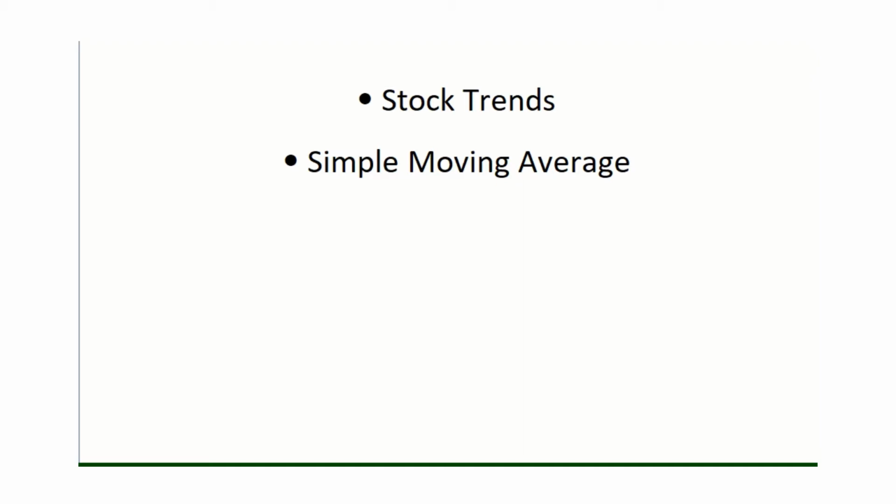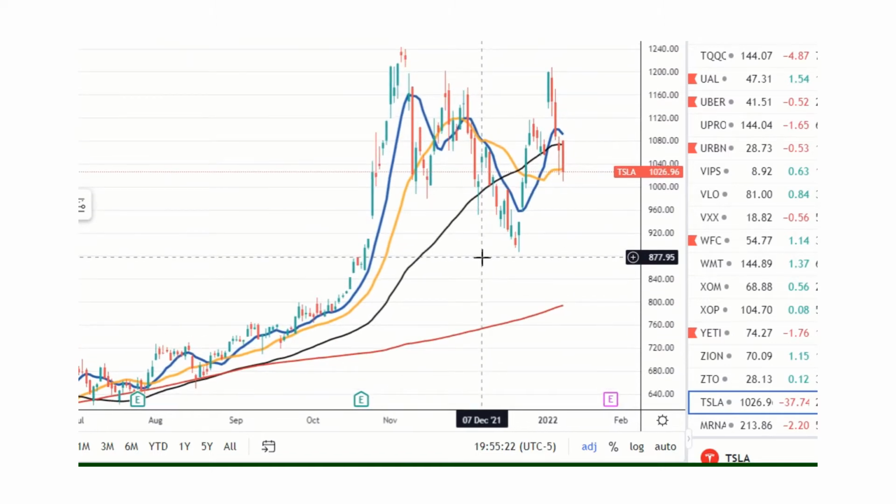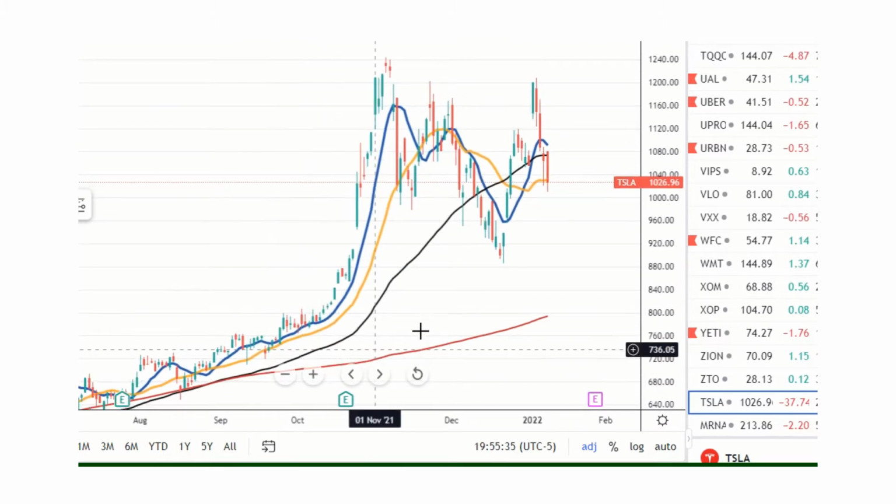Okay, so let's begin with Tesla. Let's bring it down a little. So we're looking at the daily time frame, and the trend is going up. So Tesla is going in an uptrend,